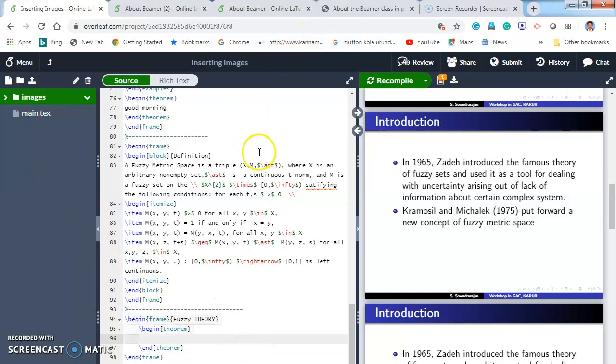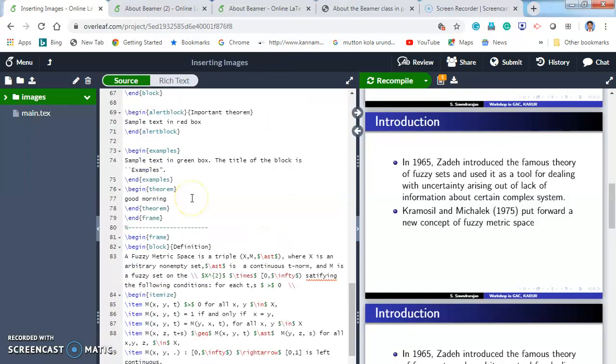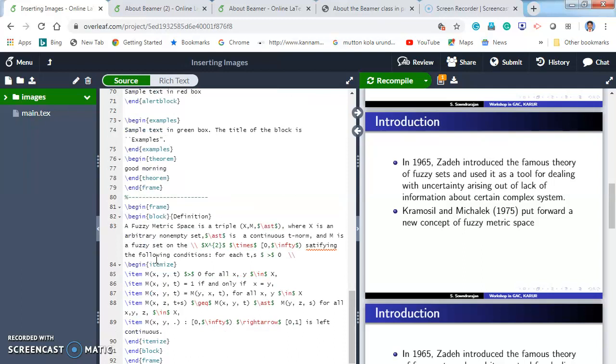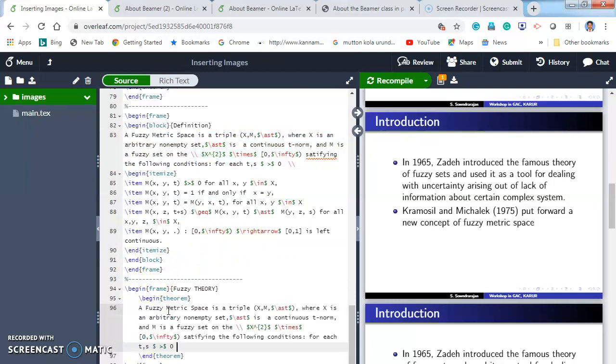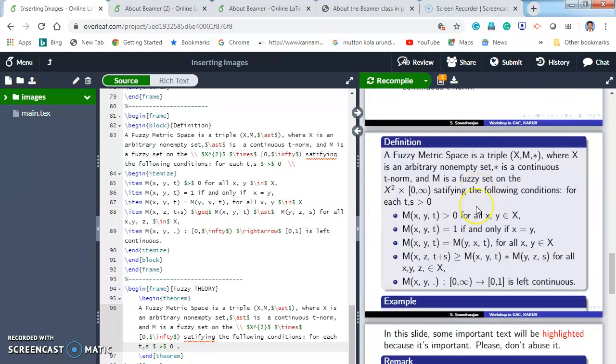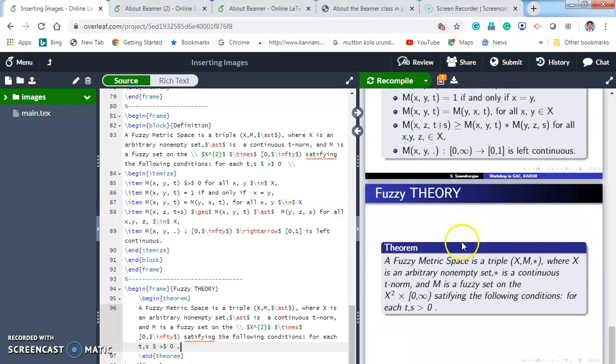So here you can type any one of the theorems as given above or below. Right? So I am just typing, for instance, something. Just compile it, you can just press Control S, and it is going to compile. So here you got a theorem, see here a fuzzy theory theorem, this is the theorem we can call it as. So similarly you can use